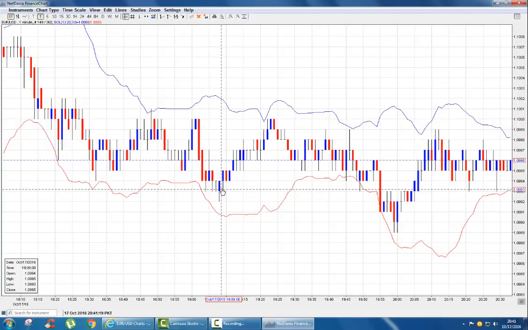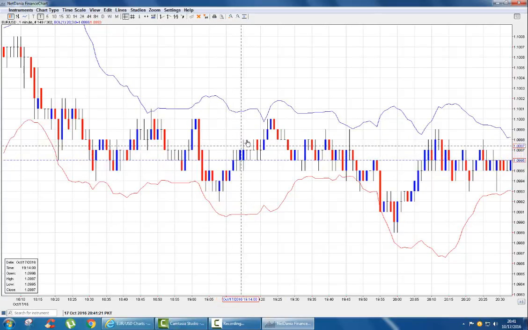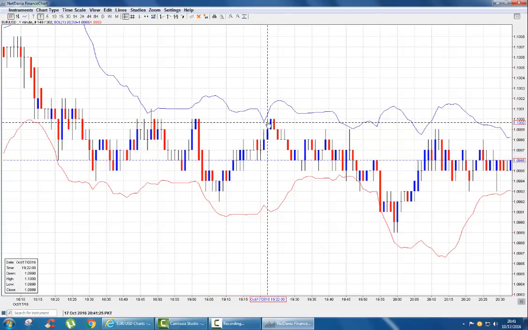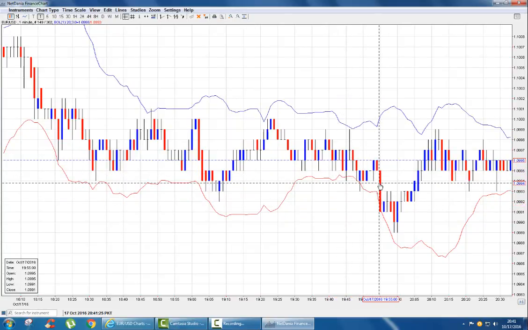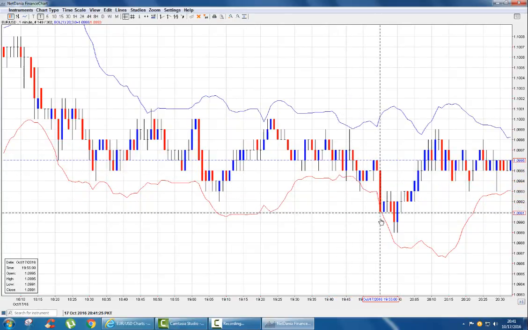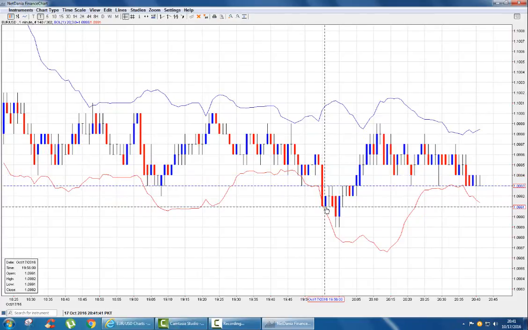Now this is an uptrend of almost 14 or 15 minutes, and after 15 minutes there's a downward trend. As you can see here, it's the downward trend, and then here you see the red candle has touched the lower Bollinger Band, and then as soon as it touched the lower Bollinger Band, the next candle was a blue candle. This could have been a winning trade. This is where you